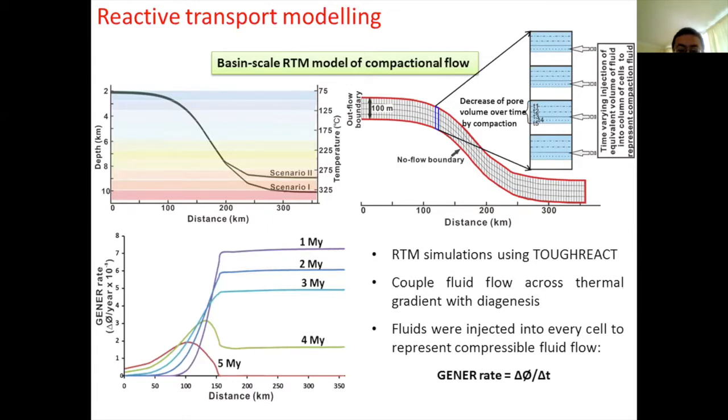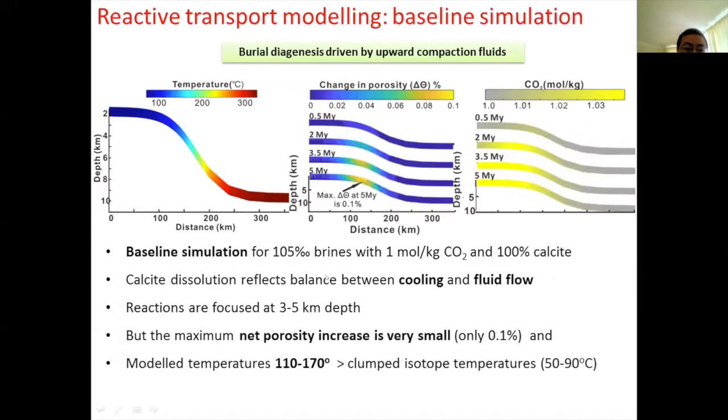Our injection rate is calculated as the decrease of porosity over time simulated by the geomechanical results. This is our baseline simulation, which is 3 times seawater fluid with 1 mole per kilogram CO2. The mineralogy is